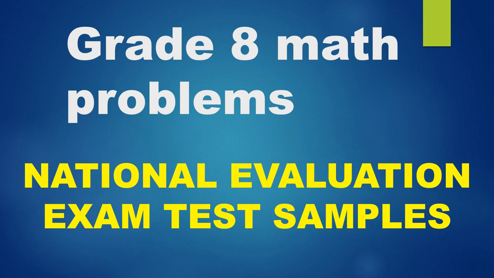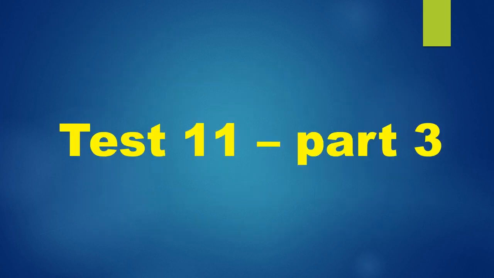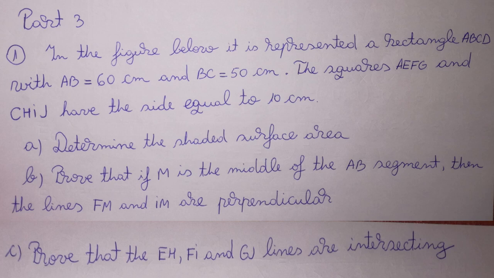In this video, I shall present part 3 of test 11. Exercise number 1. In the figure below, it is represented a rectangle ABCD with AB equals 60 centimeters and BC